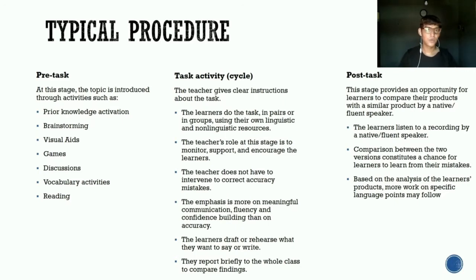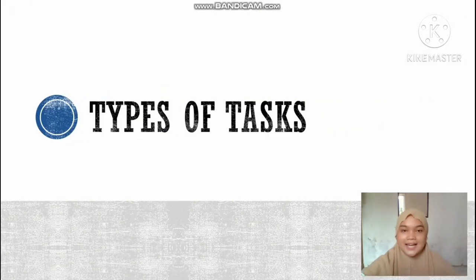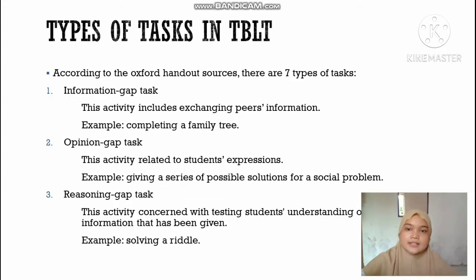The next presenter will explain. Okay, now we will discuss types of tests. According to the Oxford Handout source, there are 7 types of tests. First is the information gap test. This activity includes exchanging peers' information. For example, a teacher gives a family tree and the students have to complete